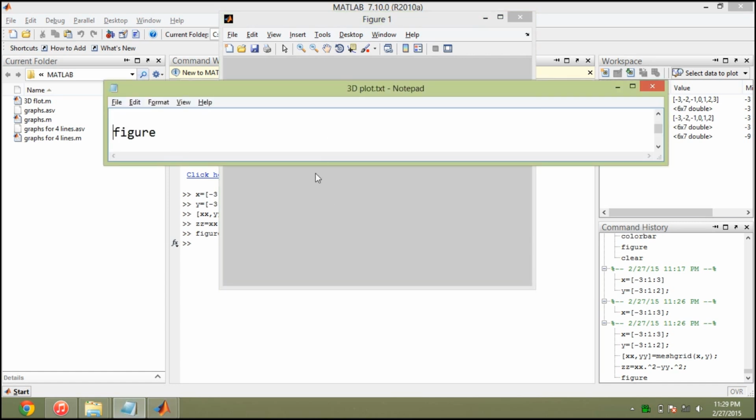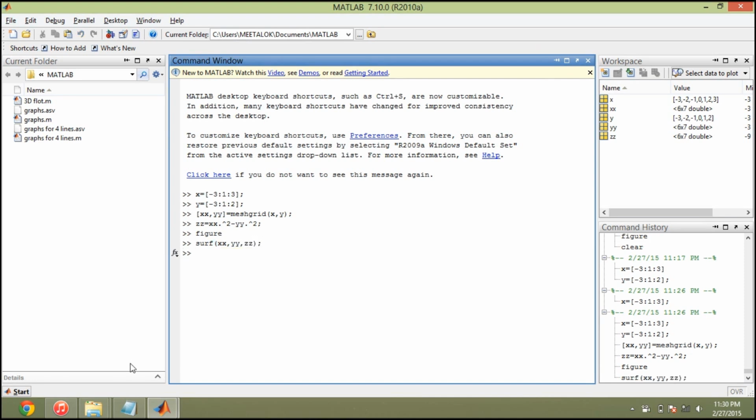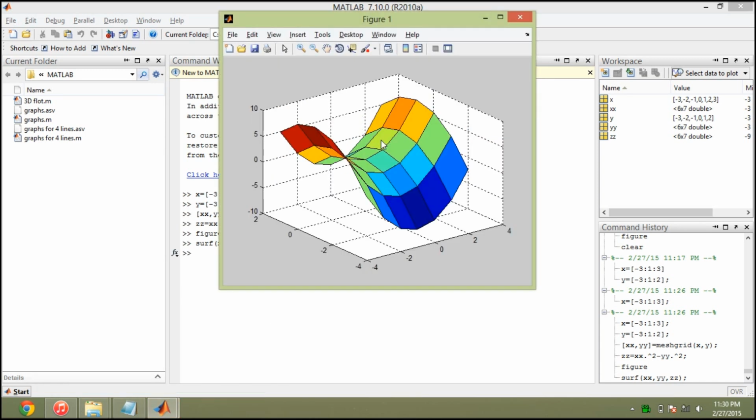Now we have to plot a 3D plot, so we will use a command named surf, which means surface plot in MATLAB. Surf, and the variables which we want to plot, xx comma yy comma zz, and hit enter. You see that we have created a 3D plot in MATLAB.